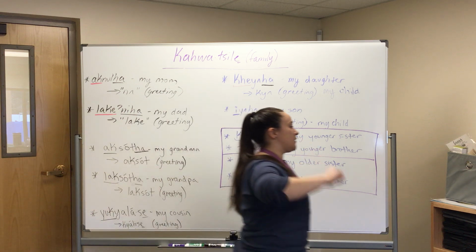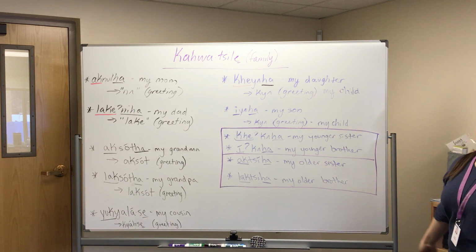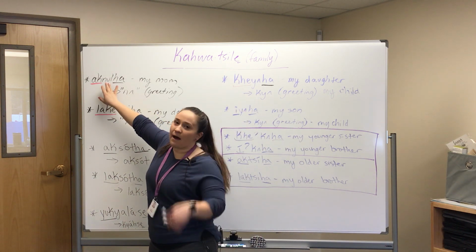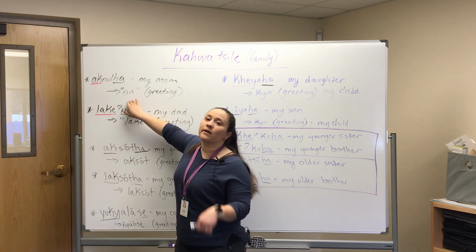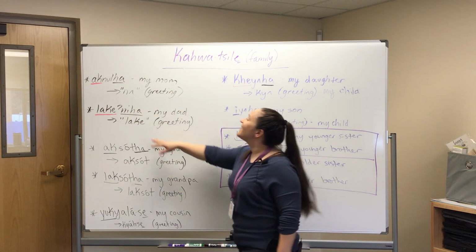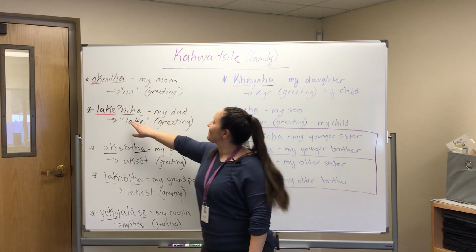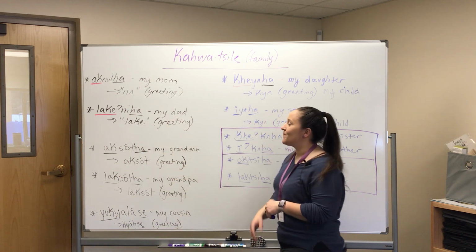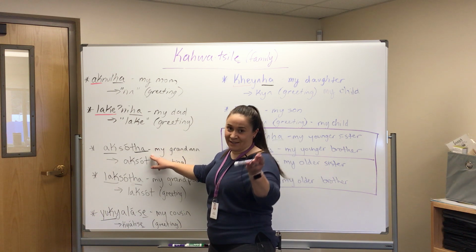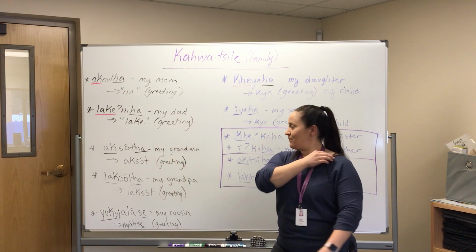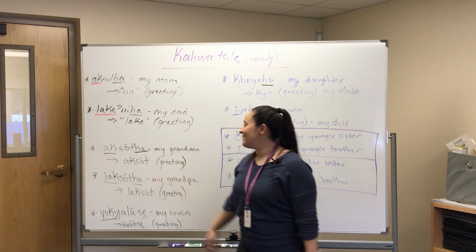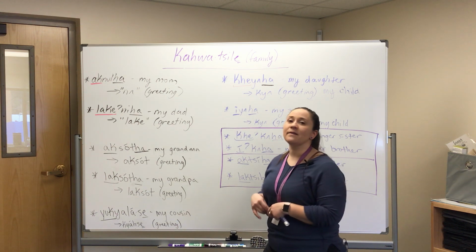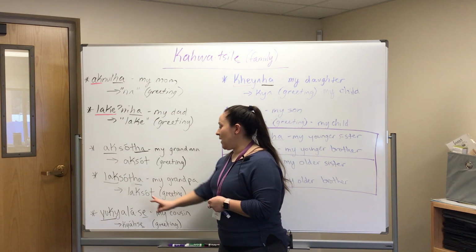So I'm going to go through all the words, and I am just going to say them, and I will have you repeat them, okay? So everyone, Gahwaji, family. Everyone, Agnoha, my mother. Everyone, Na, just like mom. Everyone, Lagetni. We'll do the full word, Lagetniha. Okay, that's my dad. The greeting form, everyone, Lage. The next one, Uksot. Full word, Uksota. And then the greeting form is just Uksot. Awesome. That's my grandma. We'll go to the next one, Luksot. Full word, Luksota. That's my grandpa. The greeting form, Luksot.